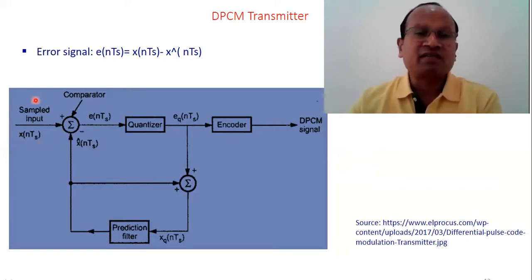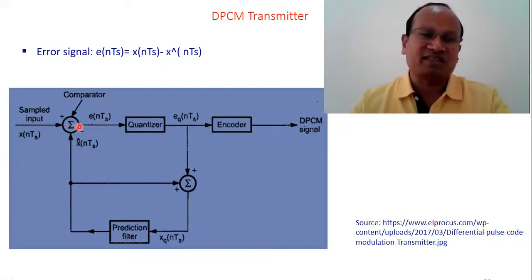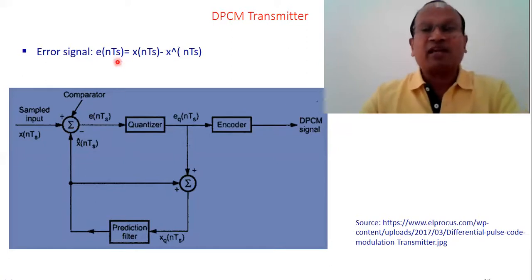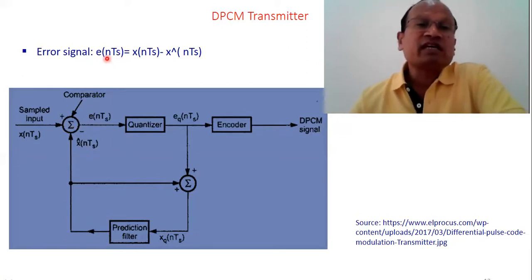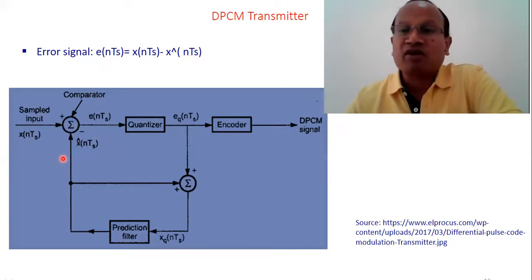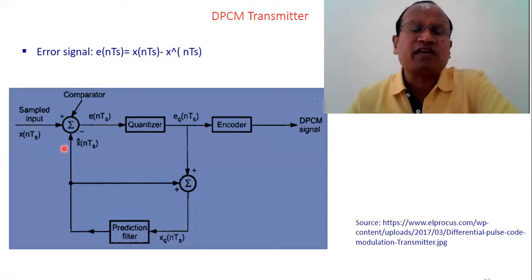Now the sampled signal is passed through a comparator. Why is there a need for a comparator? In order to compare the difference between adjacent or neighboring samples. Therefore, we are using a comparator or a mixer, where we pass two signals. This is the approximated sample x cap(nTs), and this is the actual sample. If there is a difference, it is called the error signal, e(nTs), and this is also a discrete value because both signals are discrete values. So e(nTs) is a discrete error signal, which is the difference between the actual x(nTs) minus the approximated x cap(nTs), meaning the past sample which is stored somewhere approximately.